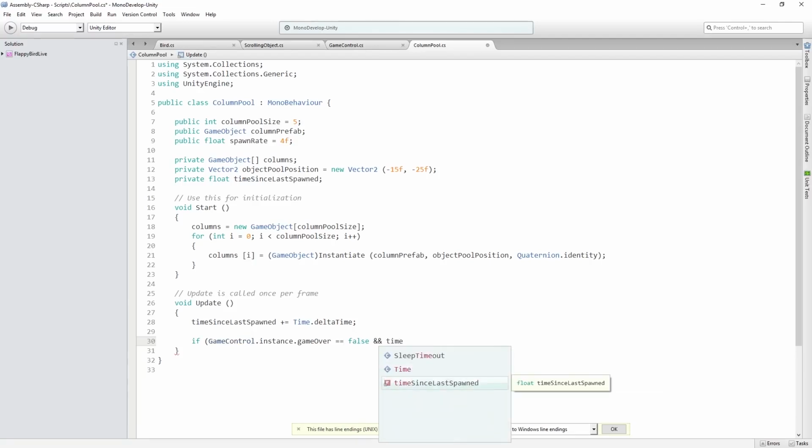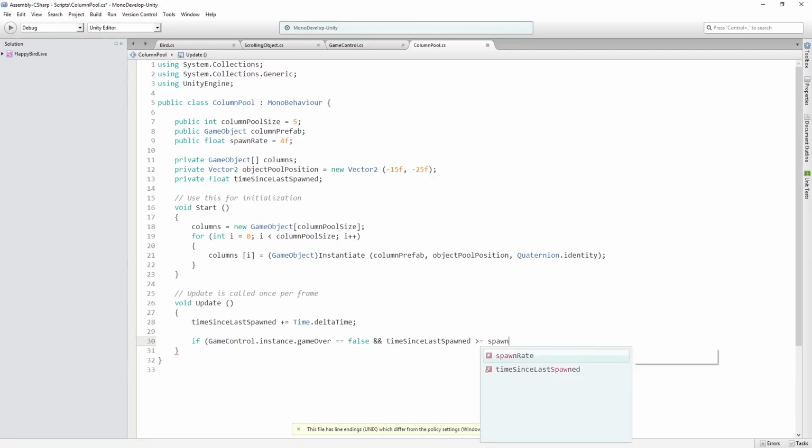And time since last spawned is greater than spawn rate. So if it's been more than 4 seconds since we last spawned, and the game is not over, then we're going to